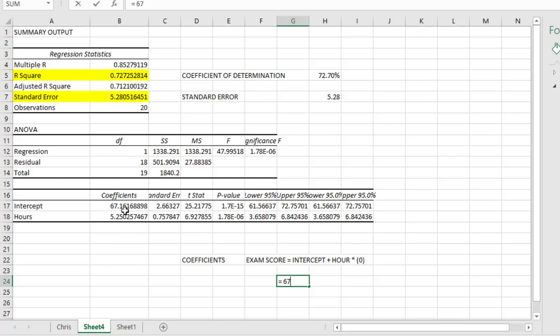So you say 67.16 plus hour here on the prediction model is 5.25. So we'll say 5.25 multiply by,